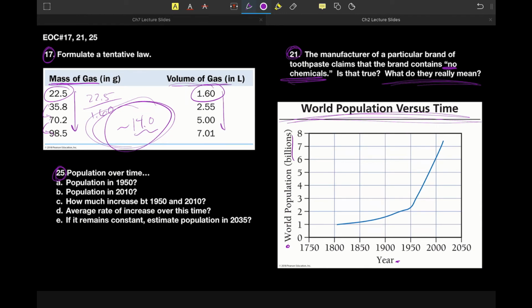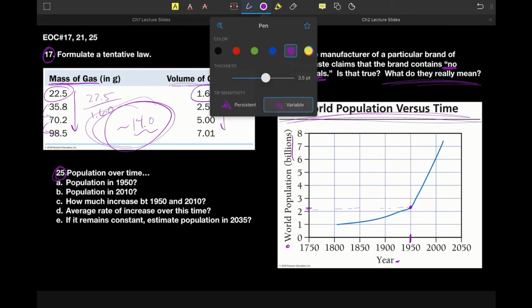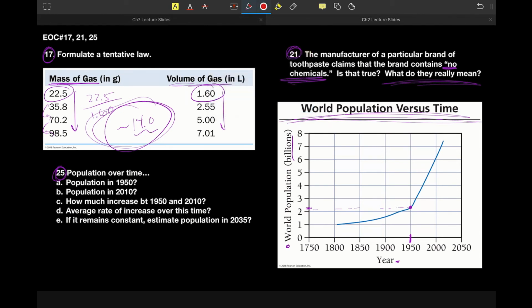First question, population in 1950. I assume we remember from math class, but we would go find 1950 on the x-axis. We would take this up, and then we would go over to our y-axis, and as best as we can, come up with an estimate. Here we would use what we learned back in math class. We would take this 2 and this 3, and cut it in half, and then visually cut that in half again, and we would see that that is approximately 2.25 billion,